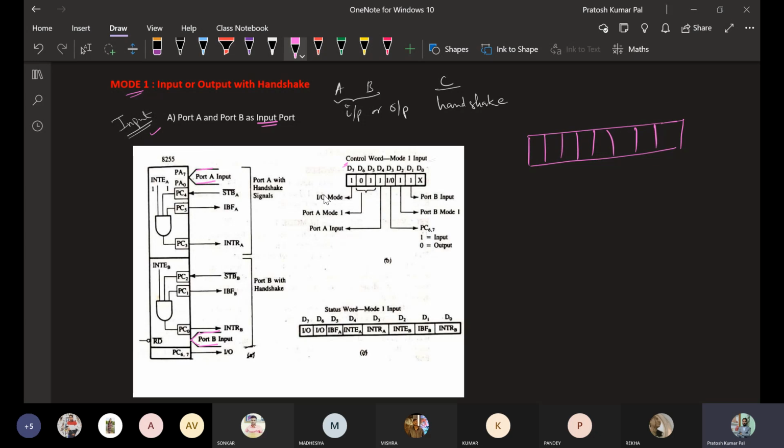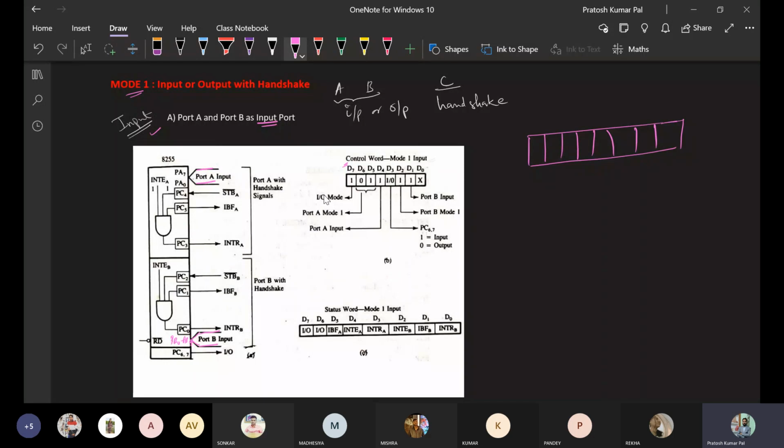In this input mode, it will be PA0 to PA7, and similarly for port B, it will be PB0 to PB7. All the 8-bit data will be accepted by the microprocessor in input mode. Along with that, there are three handshake signals. In input mode operation these are STBA; if it is a handshake signal of port A, then the suffix A is used. STB is basically called the strobe signal.